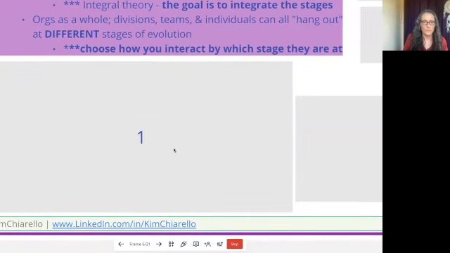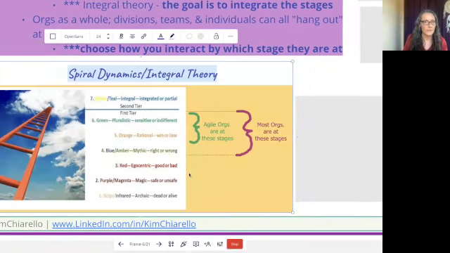So I'm going to continue on this Miro board here. This is a picture of spiral dynamics. There's 7 stages. You start at stage 1. You can't skip stages. Then you go to stage 2, integrating stage 1. You go to stage 3, you're integrating stages 1 and 2, and so on and so forth. We're not getting into all the stages tonight. That can be like a several hour course or several day. Anyway, what I'm really wanting to show you here is, you see here at the right,